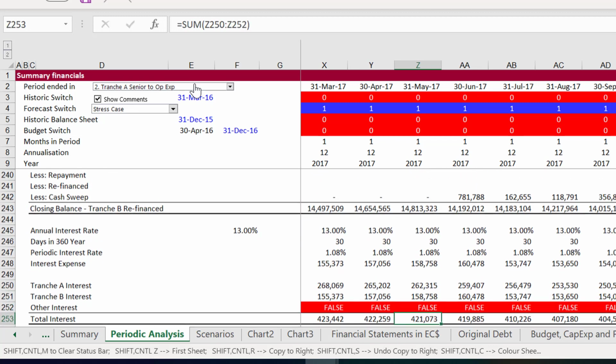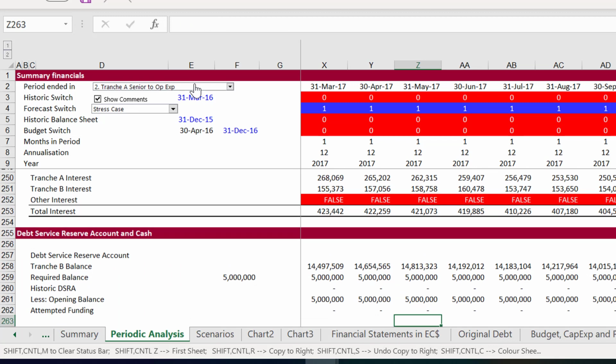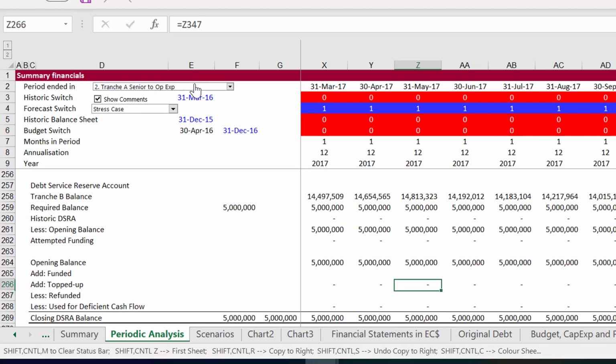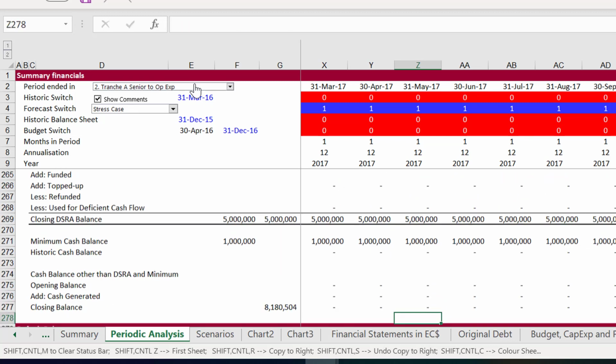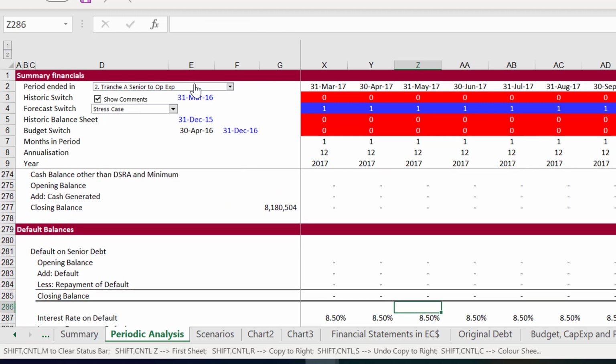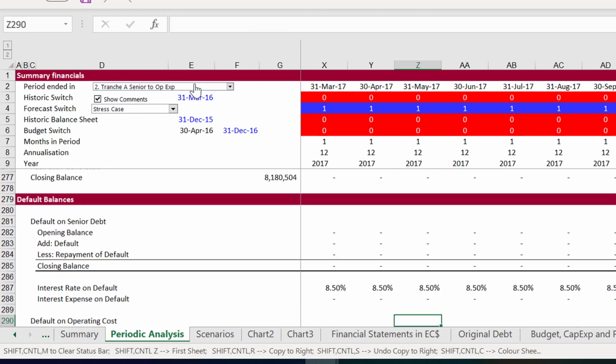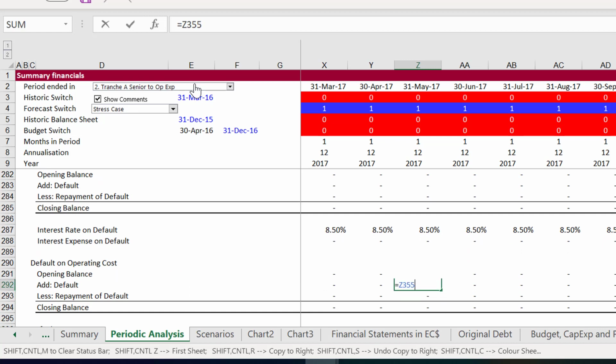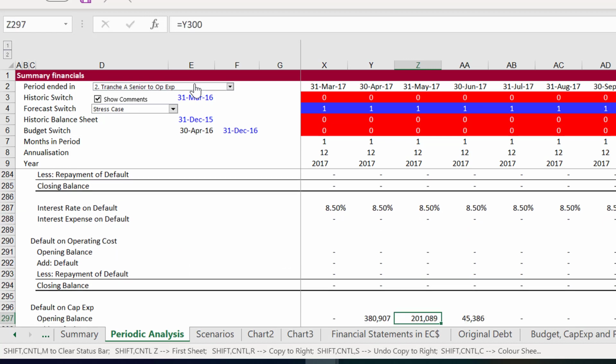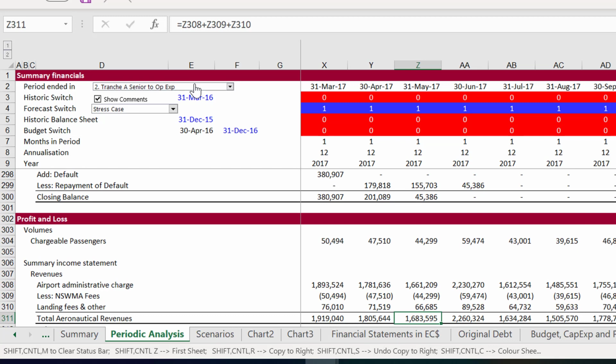If you go downstairs a little bit here, this debt service reserve account gets funded for the deferral, and the amount that gets topped up came from the cash flow statement. That came from the waterfall. The default on the debt and the repayment of the default on the debt came from the cash flow statement. It's all about doing your maximum and minimum functions and statements in the cash flow.